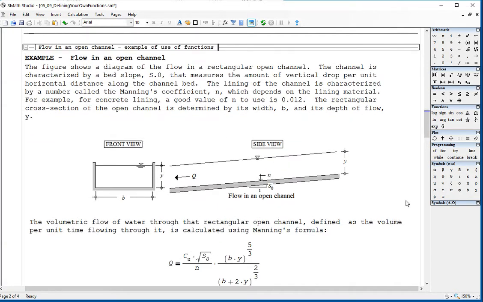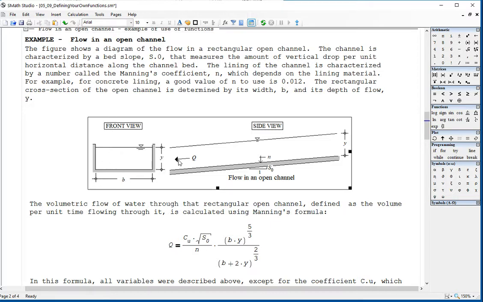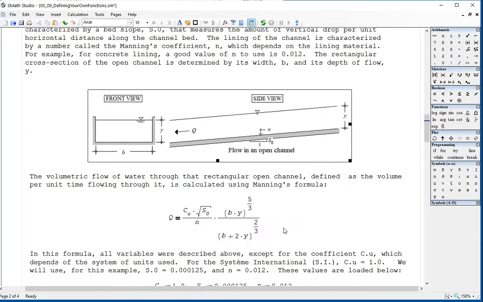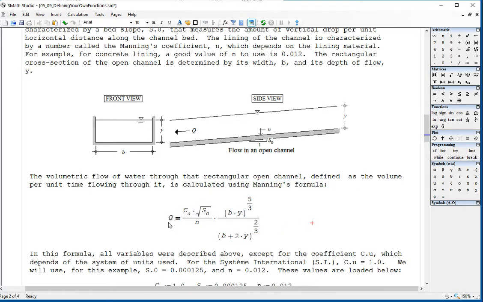A quick presentation: if you have an open channel of rectangular cross-section of width B and depth Y, where there is a discharge of volume per unit time Q going downhill on a slope, which is the vertical distance per unit horizontal distance. The slope is called S sub 0 at a depth Y, and then there's a coefficient called the Manning's coefficient, which is determined by the type of lining of the channel. All these variables are related by a formula we use in open channels called the Manning's formula, which says that the discharge Q is equal to